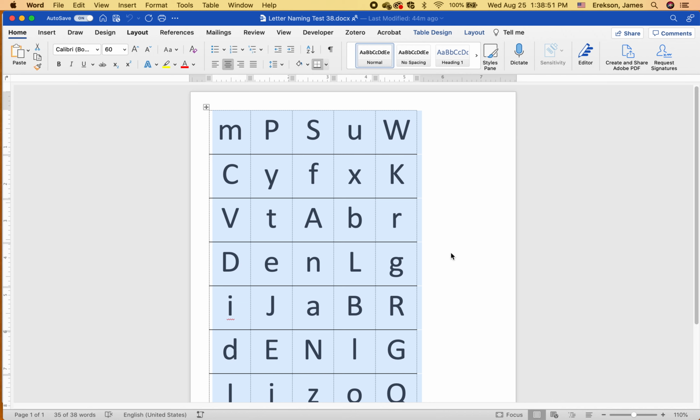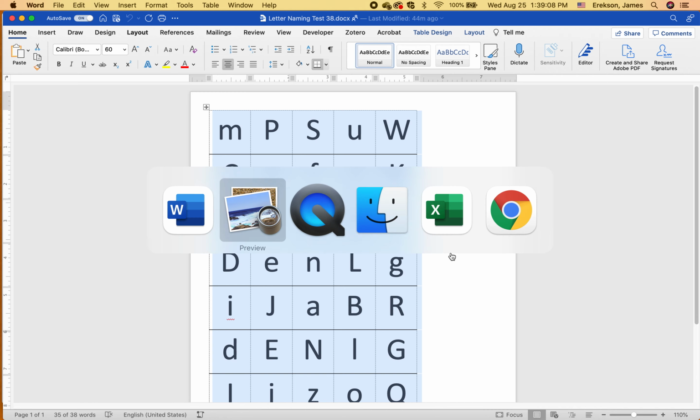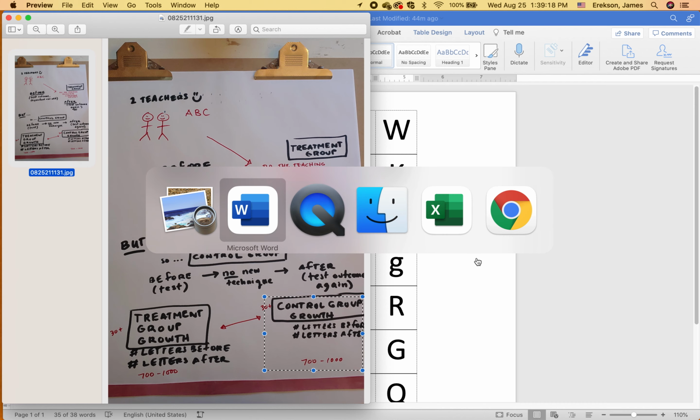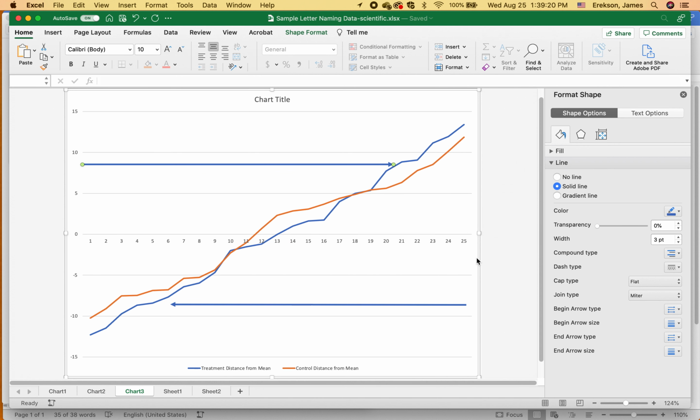Then I would jumble these letters around again in a different order at the end of the school year to make sure that it wasn't just sort of a memorization effect. I'm going to jumble them up again for the end of the school year, but still have the same set of 38 in there for them to look at. So both the treatment group and the control group are going to get that same test at the beginning and end of the school year. So if I did that for a class of 25 students,